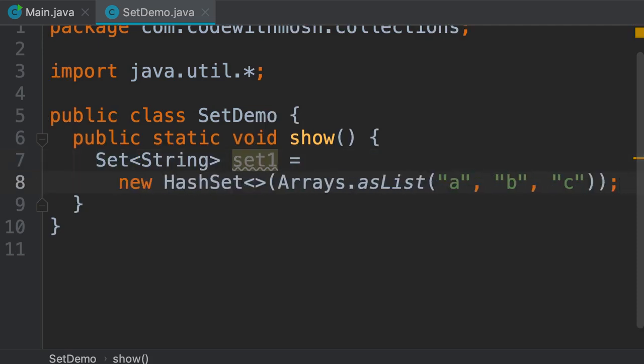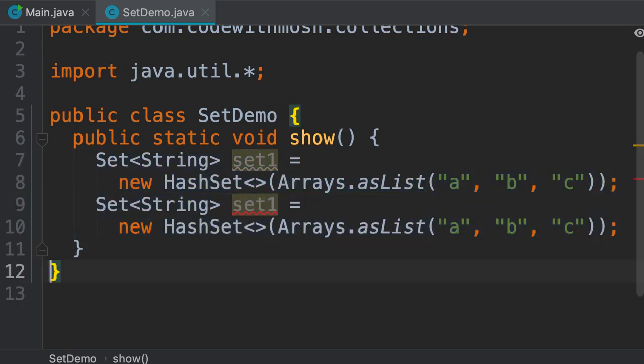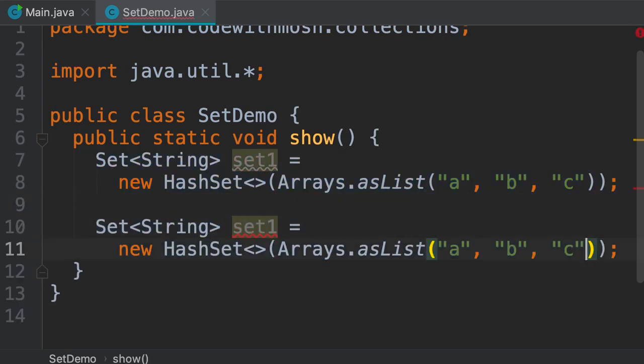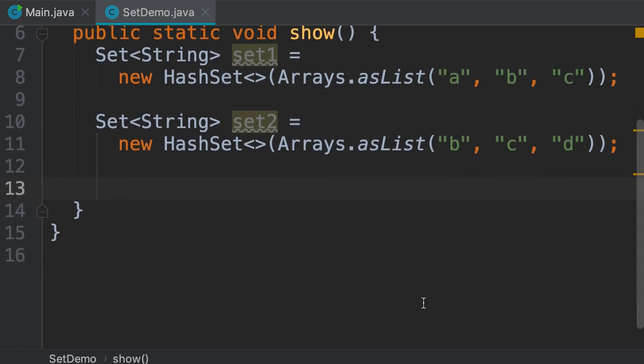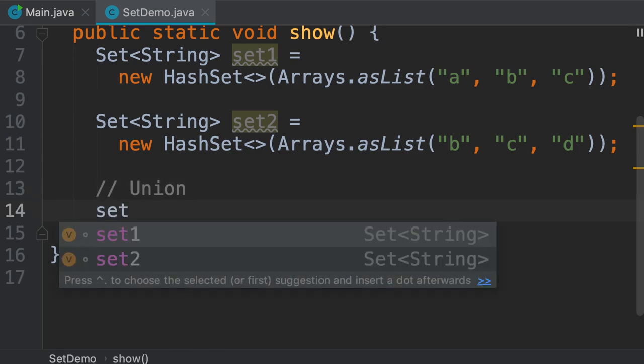That is better. Now I'm going to create another set, but with different items. So B, C, and D. And we're going to call this set2. Now, when it comes to sets, there are 4 operations that you need to understand. One of them is the union operation, which is the combination of 2 sets. So if I want to combine these 2 sets, I can write